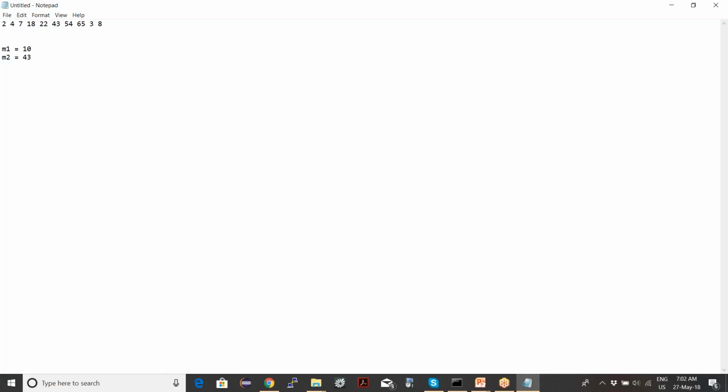Okay. So which numbers will be in cluster 1 and which will be in cluster 2? So 2 is more close to 10, right? So 2 would be in cluster 1, 4 would be in cluster 1, 7 would be in cluster 1, 18 would be in cluster 1. Okay, 22 would be in which cluster? It's a one dimensional space, so distance is just the difference. So 22 is more close to 10 or 43?